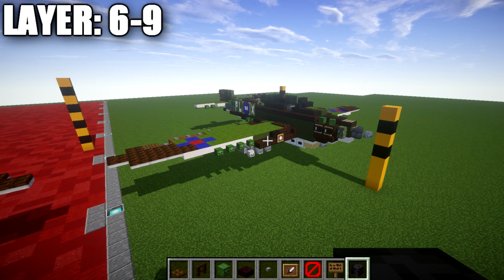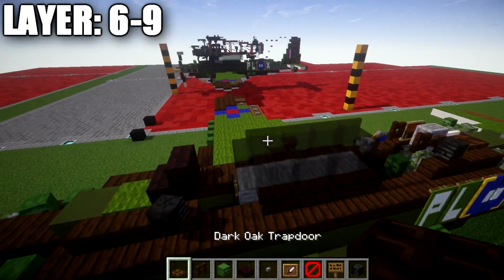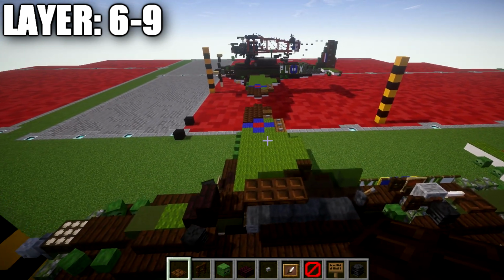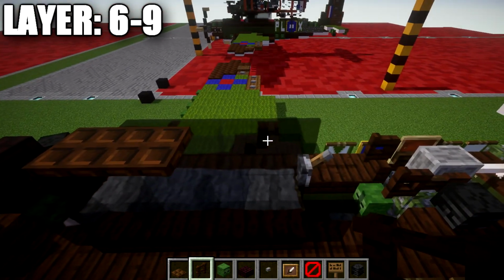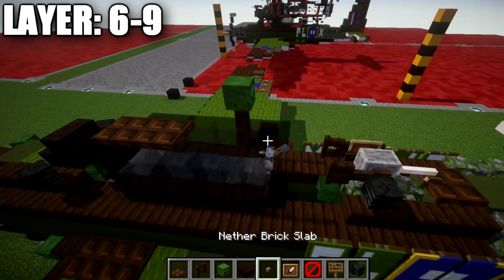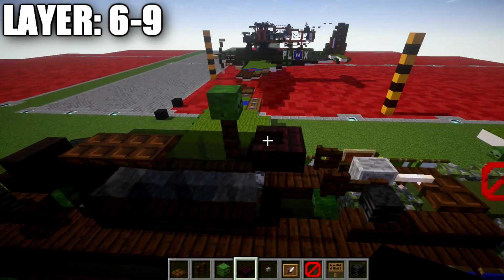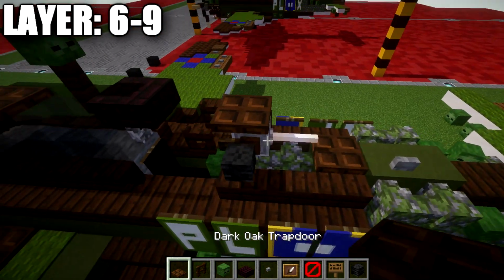Alright guys, moving into our last 5 layers, we have layers 6 through 9. To get started here, we're going to place down a dark oak wood trapdoor on top of this light gray stainless block, followed by a second dark oak wood trapdoor back. We then want to place down a dark oak fence post on top of this light gray stainless block, and then a zombie head coming off like so. We're also going to place down a narrow brick slab on top of this lever. After that's done, we're going to also place down a dark oak trapdoor on top of this